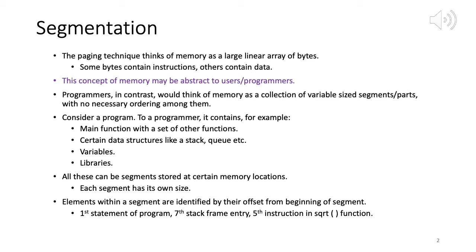In segmentation, what we are saying is, for each part of a process we have different segments allocated. We may have different segments allocated to it. So this process needs 3 segments of size ABC. Another process needs 5 segments of size MNOPQ, right? Something like that. So that is a general idea of segmentation.